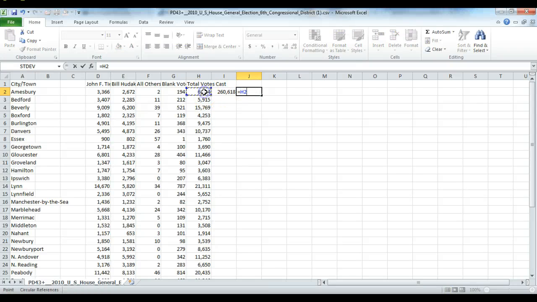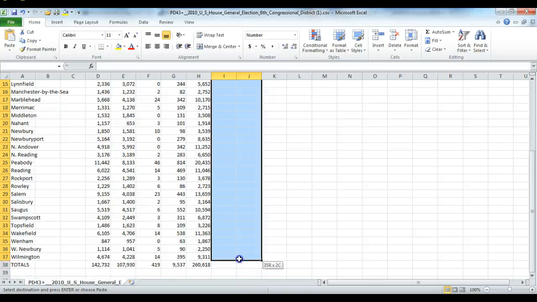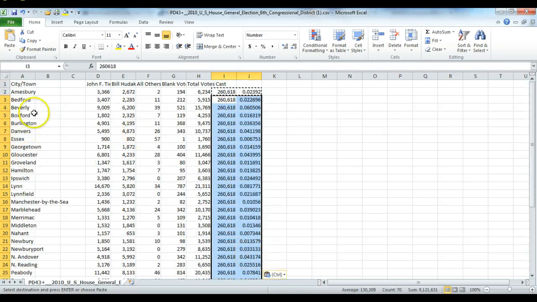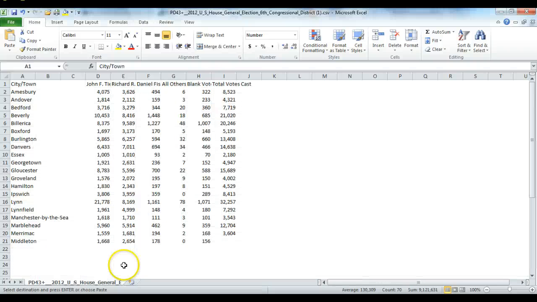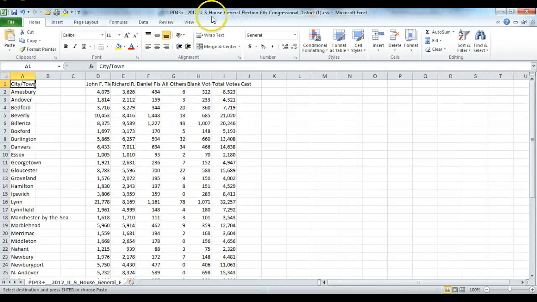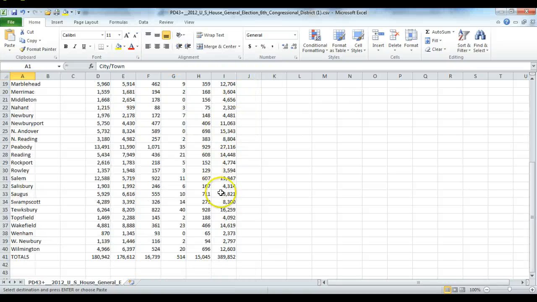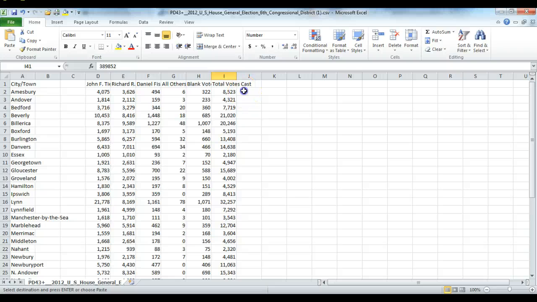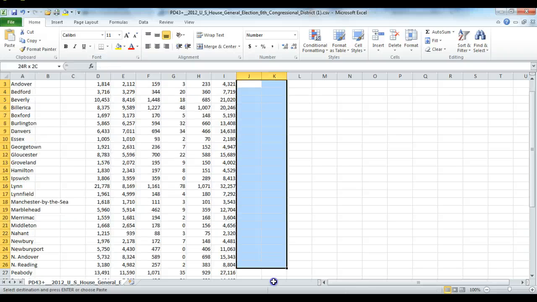So now what we're going to do is divide the total vote by the total number of votes casted, and now we can begin to see what the percentage of the turnout was in each one of the districts, each one of the towns within the district. And we'll do the same here for the 2012 race as well, looking at the total votes casted, dividing that by our total,